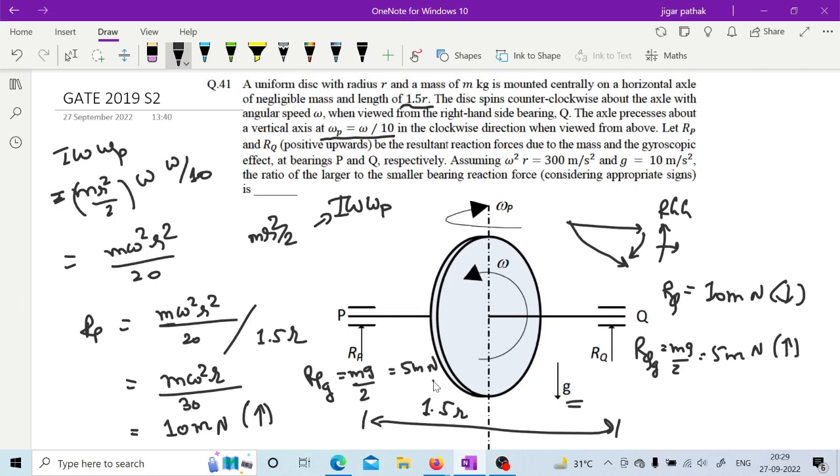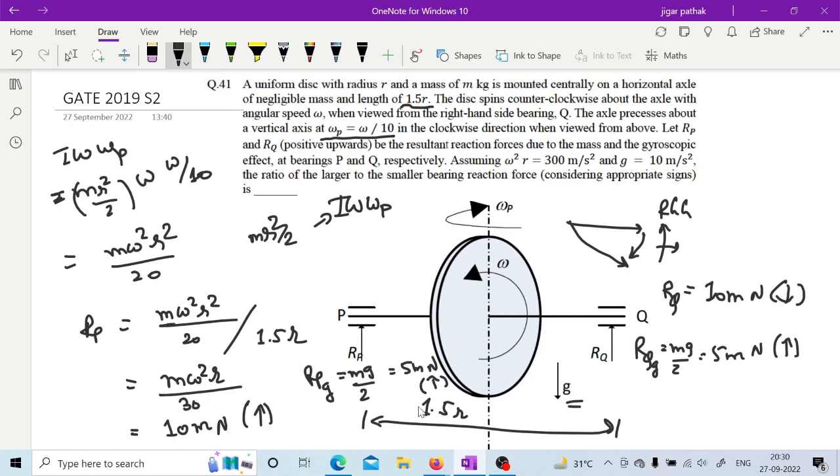This force will be in the upward direction. So if you consider the total force at P and Q, then what is going to happen is